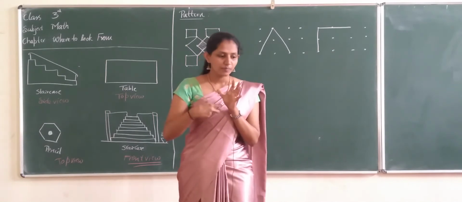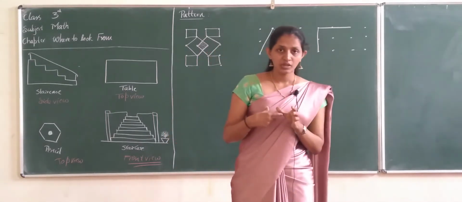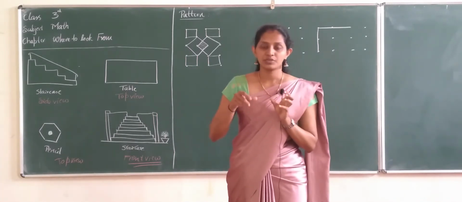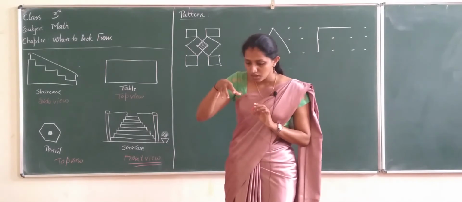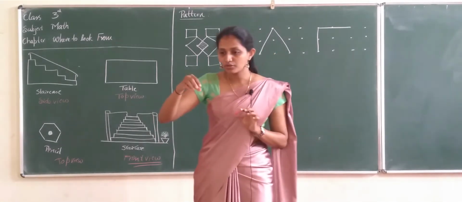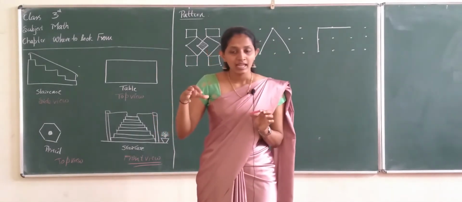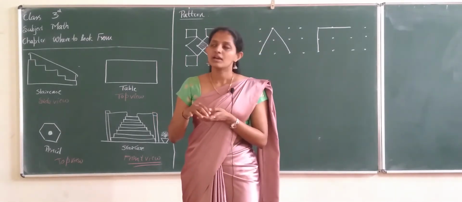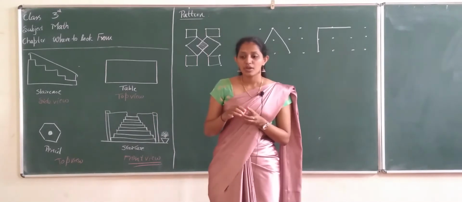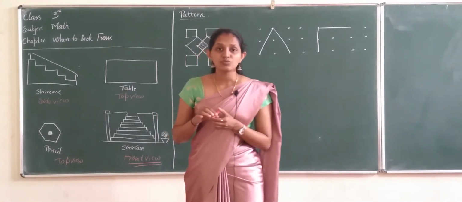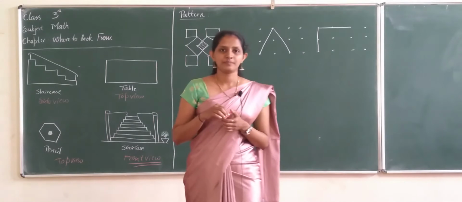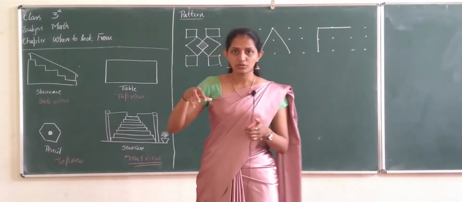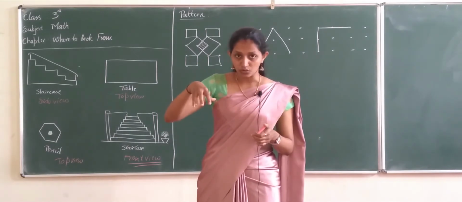Okay? Different perspectives. So you have to draw some objects from the top view. You have to see it from the top view and write it down. You have to draw, then show that drawing to your parents, father, mother, sister, anyone. They have to recognize what object you have drawn. Okay, you have to look at it from the top view.